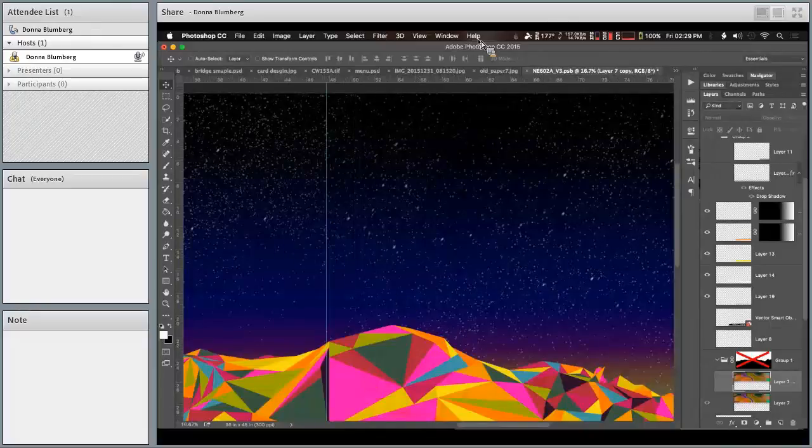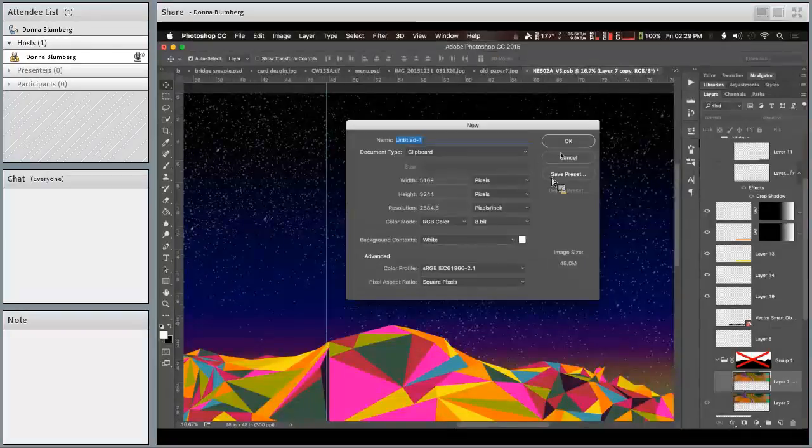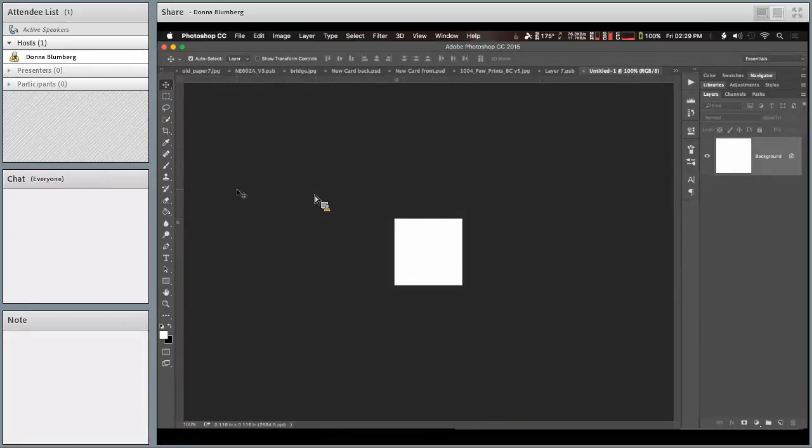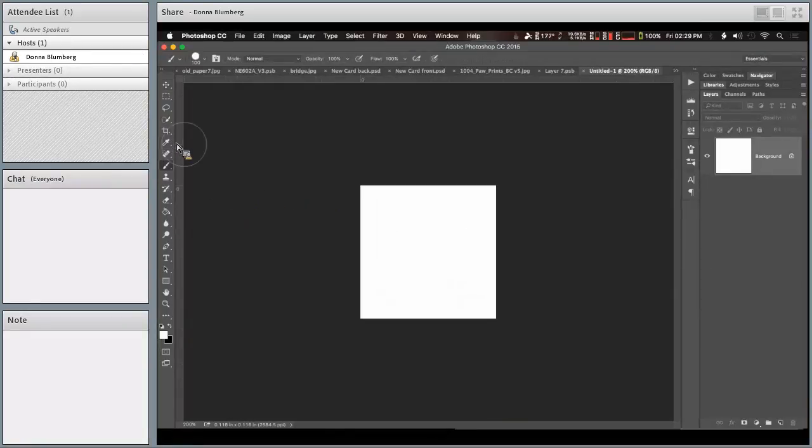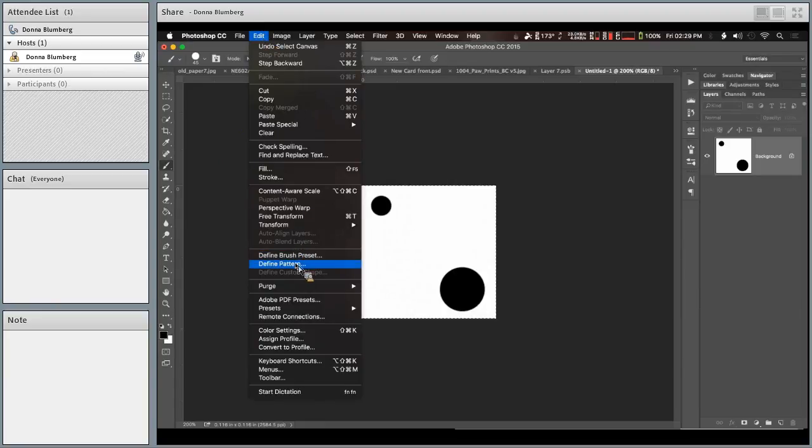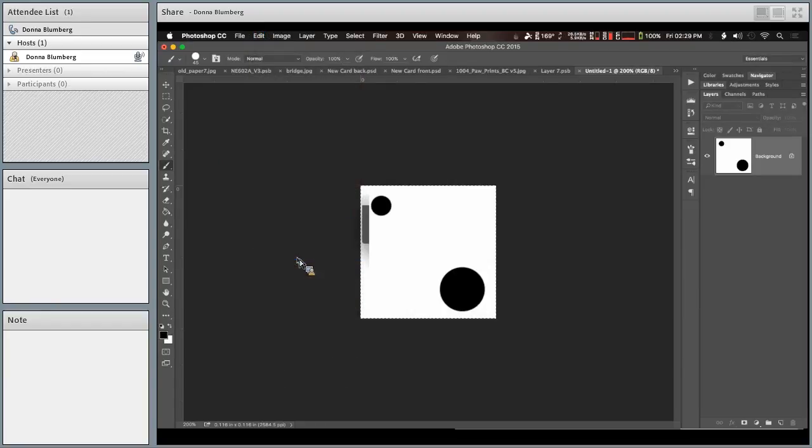So what you'll do to create snow or any kind of custom brush is, you need to know what size you want your custom brush to be. I'm going to start with 300 in this one. I'm going to get my brush tool out, set it to black, and that's snow. All right, what do you guys think? Now you'll hit Command A, come up here to Edit, Define Brush Preset, and I'm going to name this one